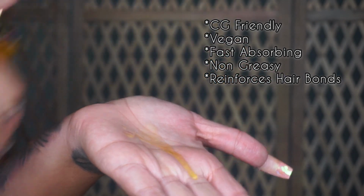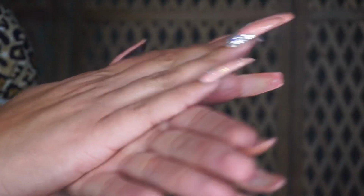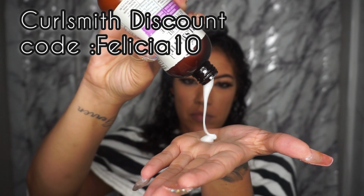and add shine. This bonding oil can be used as a finisher, but it also pairs well with the Bond Curl Rehab Salve, so I wanted to show you guys how I use them together. After dampening my hair and giving it a light detangle, I went ahead and sectioned my hair just to make sure that I have a nice even application of the Bond Curl Rehab Salve, and then I began applying it